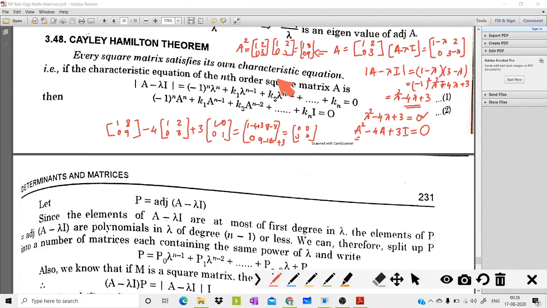From the exam point of view, you need not worry about the proof of this theorem, but I will explain the proof for the Cayley-Hamilton theorem. From the exam point of view, you must study to verify this theorem. And after all, using this theorem, you can easily find A inverse in terms of the powers of A. So those are the two important things you need to remember for the exam. So I'll explain the sketch of this proof.